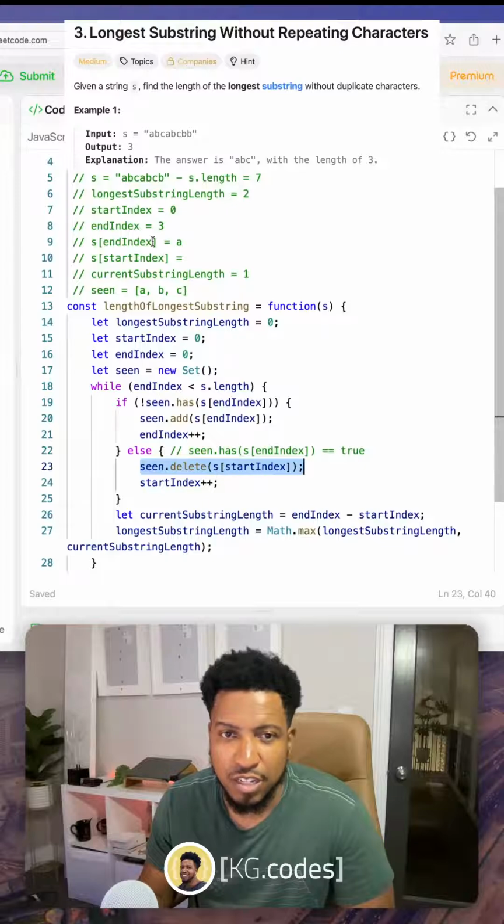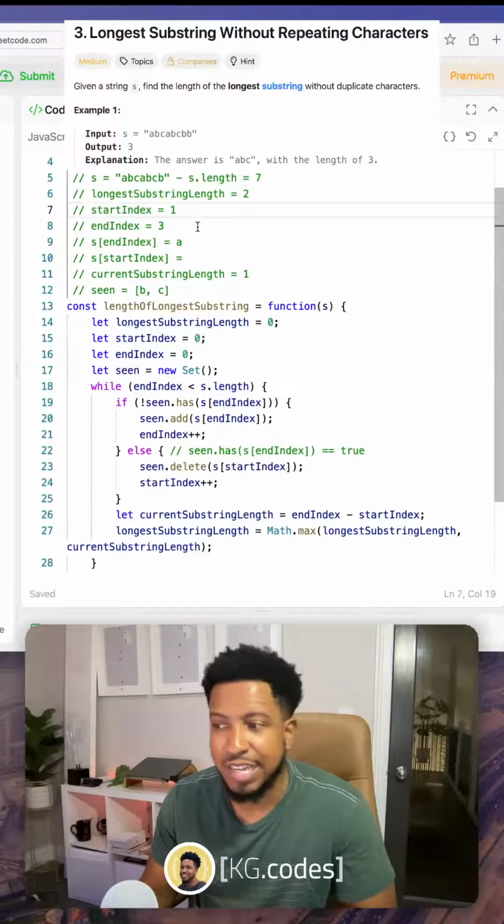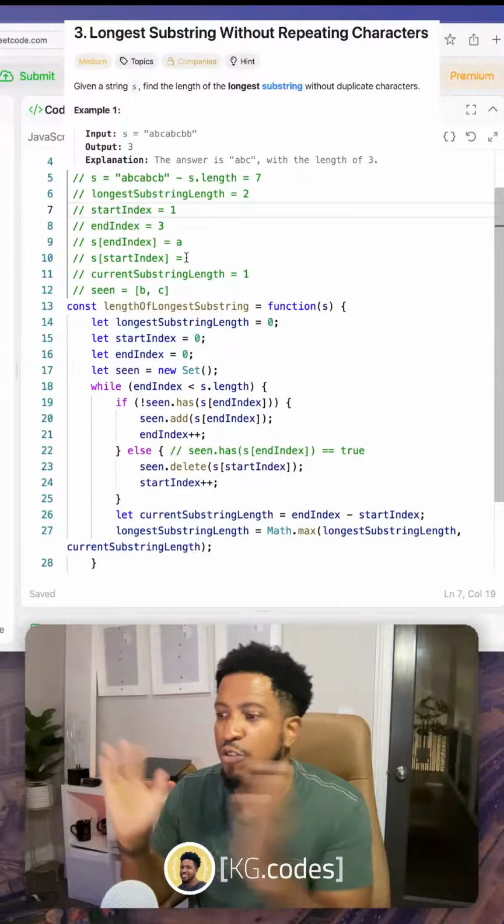S start index is 0. Yeah, start index is 0, so that's A. So that's A here, and I'm actually going to delete that out of my scene list. I'm going to delete A out of my scene list. And then I'm going to increment start index. So I'm kind of closing my window from the start now,